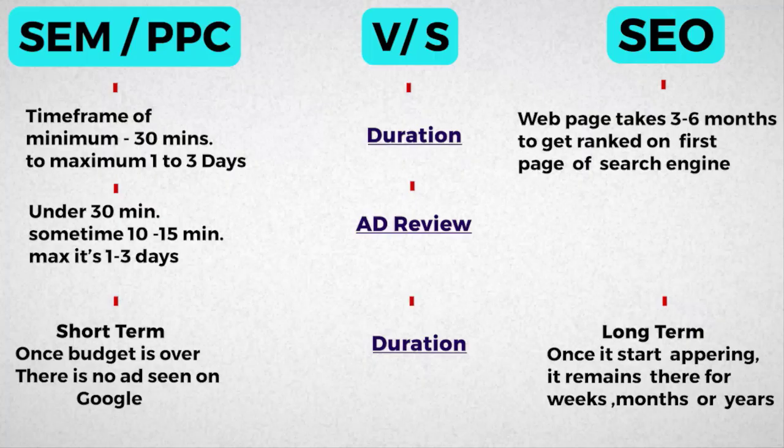So this is the basic comparison between SEM or PPC, search engine marketing, or pay-per-click advertising or paid search advertising, versus SEO, the full form of which is search engine optimization. It has one more name in the form of organic search. It is known as organic search because it shows the result without taking money, thus they are comparatively unbiased results. So these are a couple of initial points between SEM and SEO. Once we are clear with this,